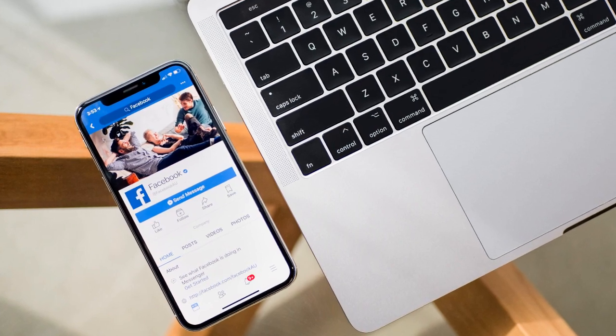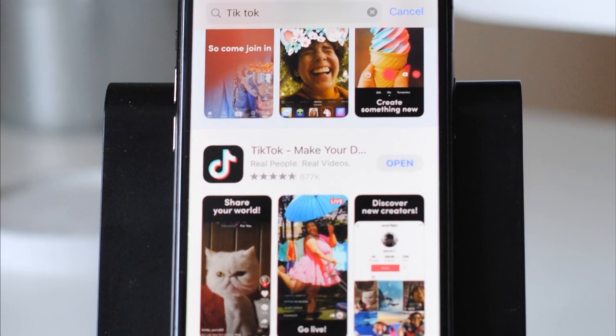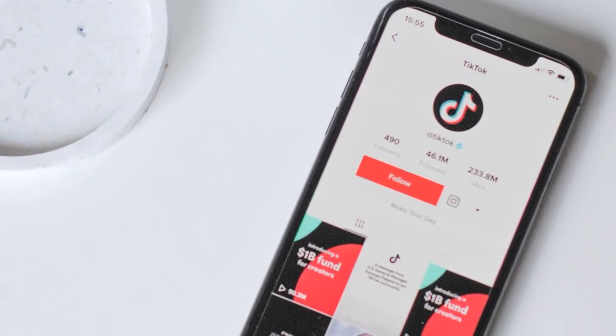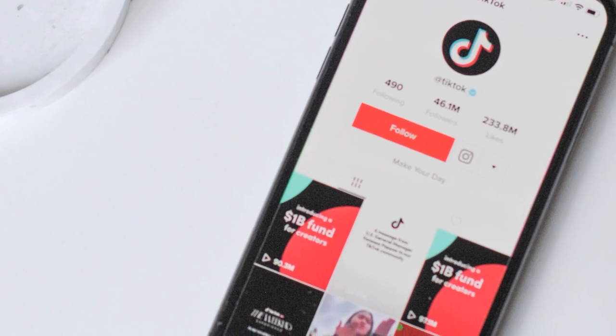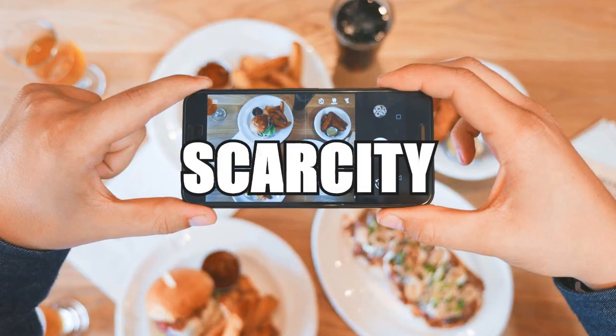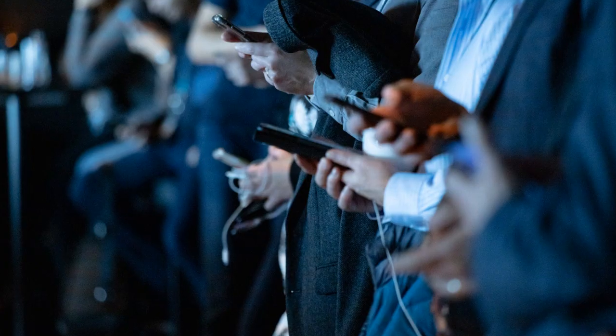Marketing psychology principle: social proof. One idea for showcasing happy shoppers: when a current customer leaves you a good review, ask their permission to share the feedback on your social media pages. Scarcity. Applied to marketing, the scarcity principle means that consumers are more likely to buy something or pay more